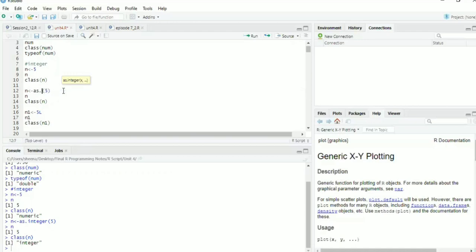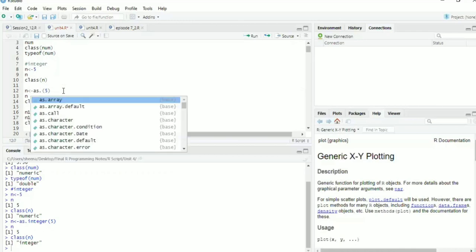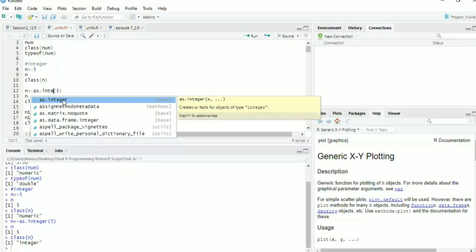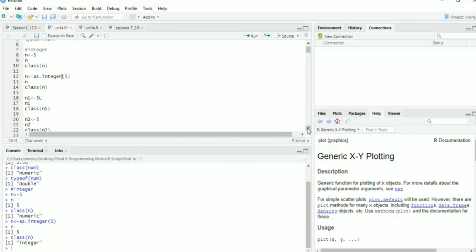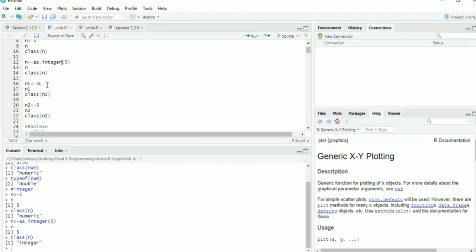As we can see, in R we have various functions such as as.character, as.factor, as.integer. There are a lot of options, but here we will be using as.integer. If you want to change from one data type to another data type, you can use as. and the new data type in front. The other way to create an integer variable is to put a capital L in front of the integer.